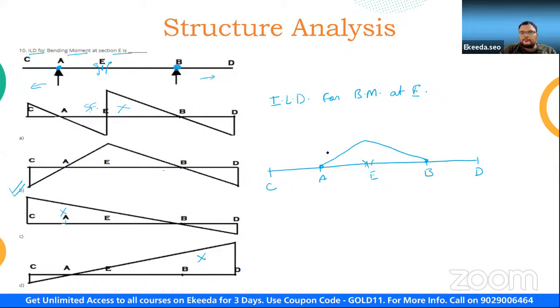Now we have to keep the same slope here till here. So in the overhang portion, it is going to get extended. Similarly, we have to keep the same slope here, so in this overhang portion, it is again going to get extended. Like this, we can easily draw and easily get the correct option. So the correct option here will be what? Option B. I hope these are very interesting questions and I hope you guys are